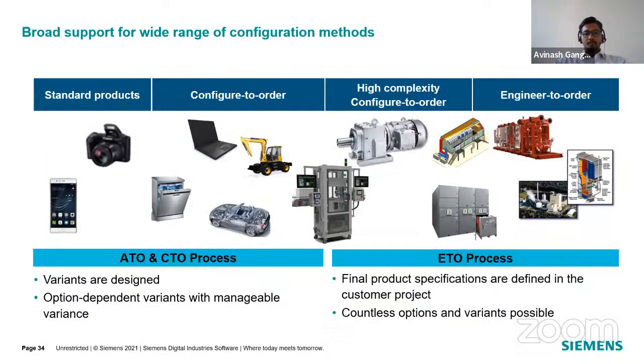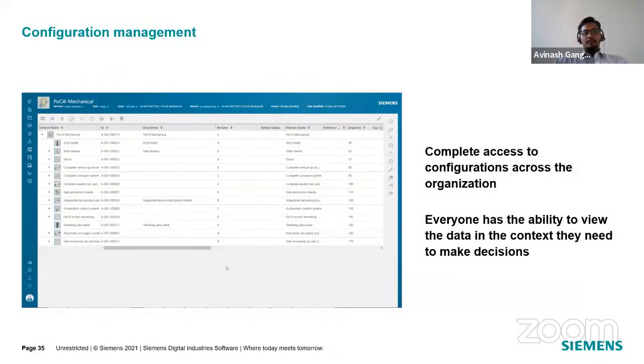So how do we do that? That's where a seamless collaborative design is important. And then sometimes it can be an engineer to order process, or it can be an assemble to order, or any of these things, right? So we would need to have a platform from a technology standpoint that will help an organization, a manufacturer, irrespective of what kind of process it is, right? So that's where, if you look at this example where we're talking about a configuration management,